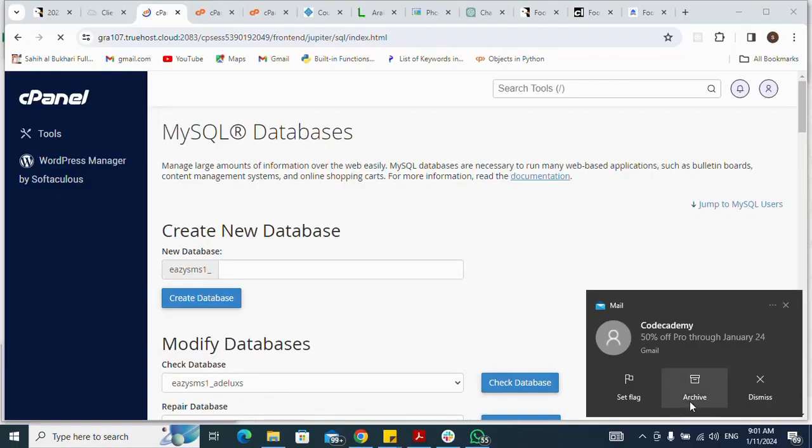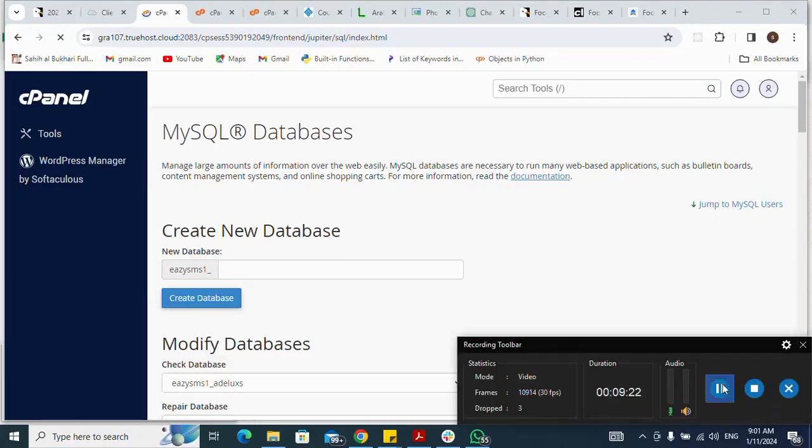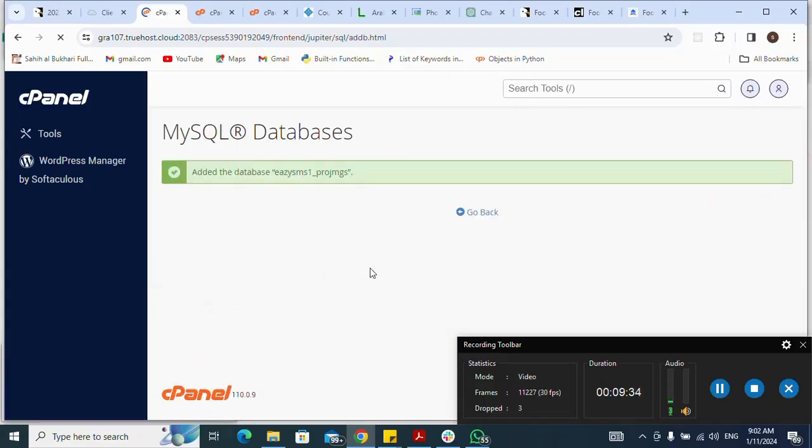Next, I will create the database. Let me use this name. Yes, create database. Okay, it has already been created. So when I click on go back,